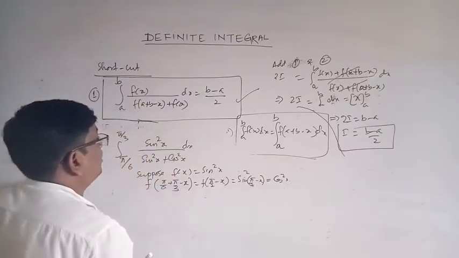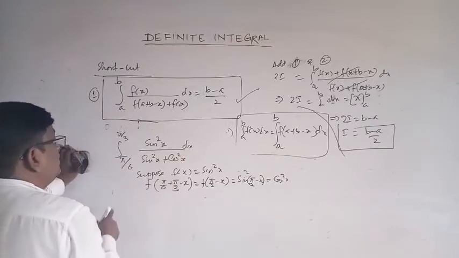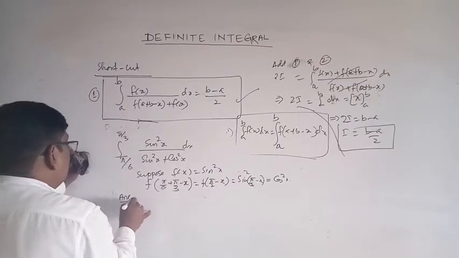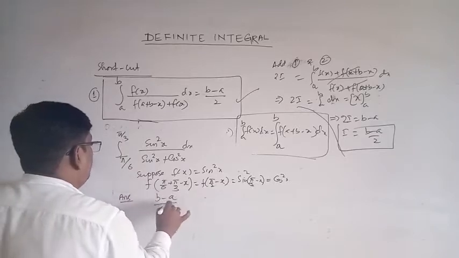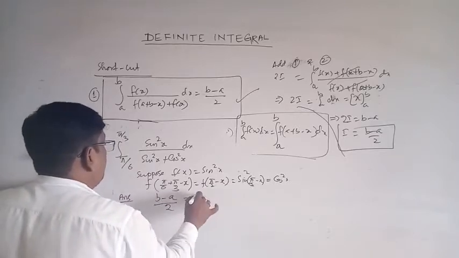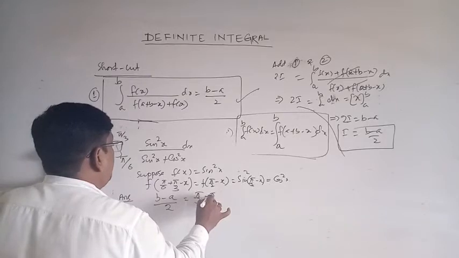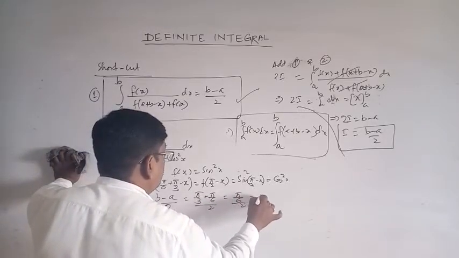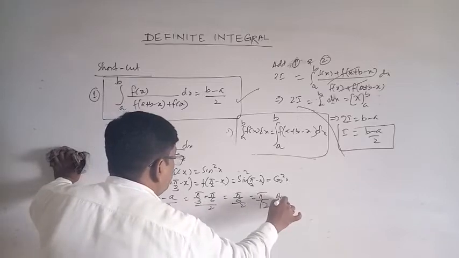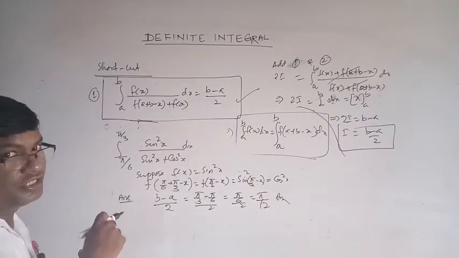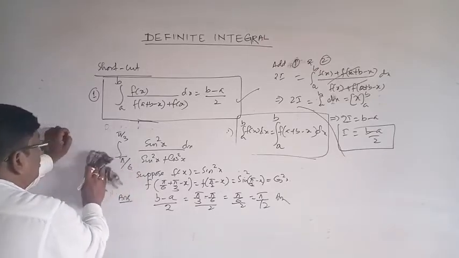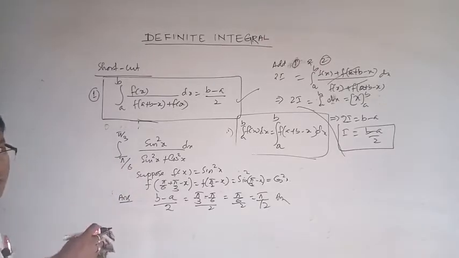So according to this formula, here a is pi by 6 and b is pi by 3. So the answer is (b minus a) by 2, that is (pi by 3 minus pi by 6) by 2, that is (pi by 6) by 2, which is pi by 12. This is the shortcut formula. Another shortcut method, the second shortcut, is